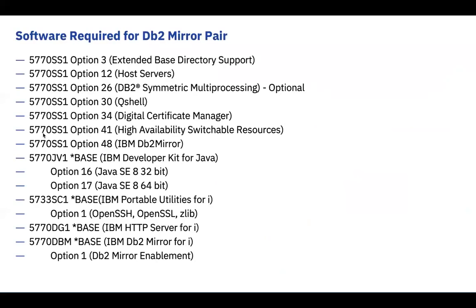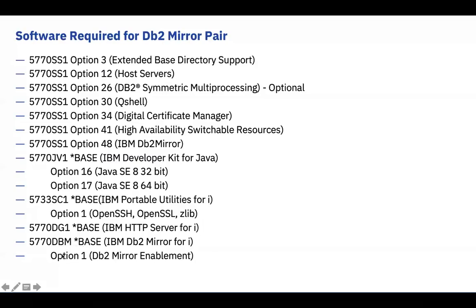Okay. So here's the list of required software. The key ones to point out is option 26. That's a chargeable one, and that gets you the parallelism on resync. But the other ones that are brand new for Db2 Mirror are BOSS option 48 and the Db2 Mirror product itself. And the chargeable